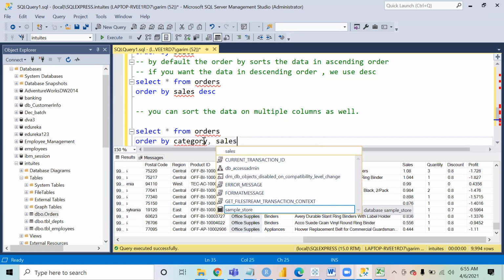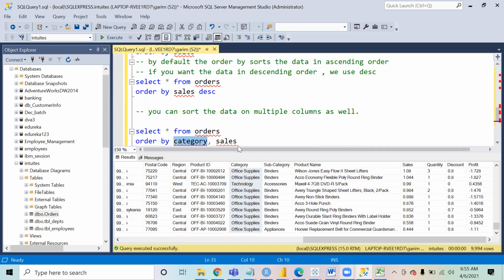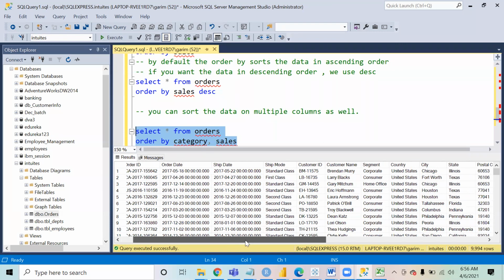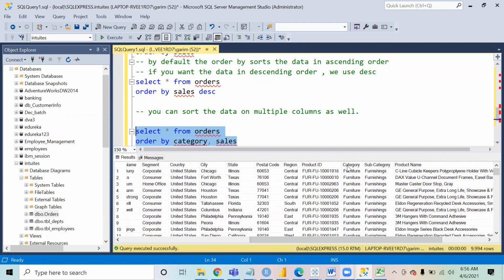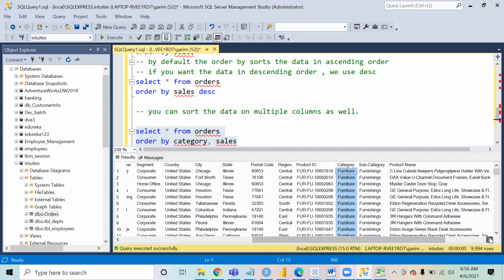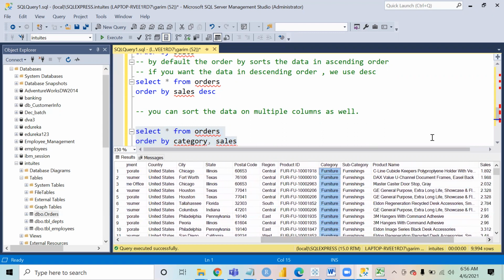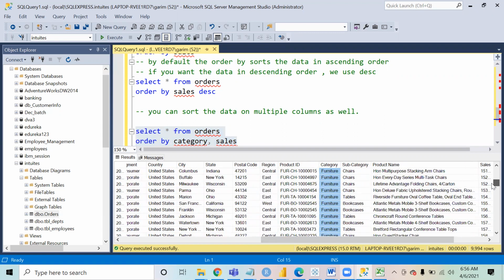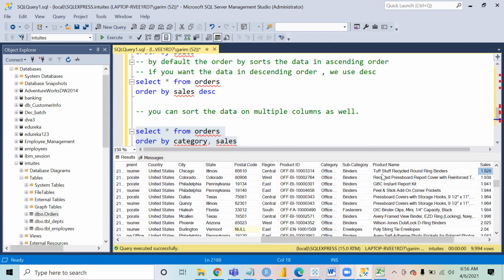If I run this, first you will notice the data of the furniture category is coming, and within furniture the data is sorted by sales in ascending order. If you come down, then office supplies is coming, and within office supplies the data is again sorted in ascending order. So you can write multiple columns just by separating them with a comma.